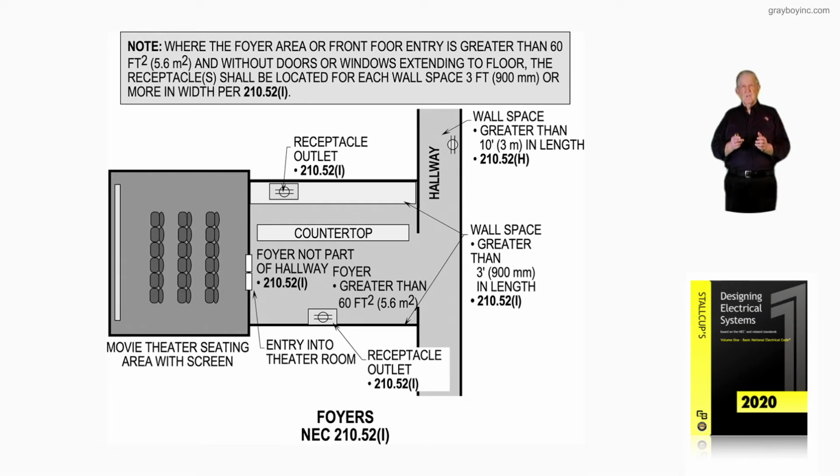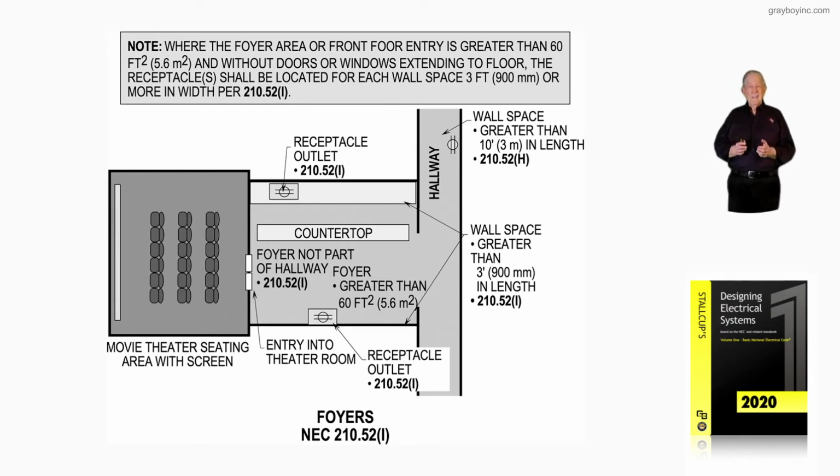Now this illustration deals with the Foyers in accordance with NEC 210.52(L). But notice this could be an entry too, but what we're illustrating here, when I say entry into a dwelling unit. But notice there's some rules before this receptacle is required. Now, reviewing the illustration, we have a receptacle in that hallway in accordance with 210.52(H), because the hallway is greater